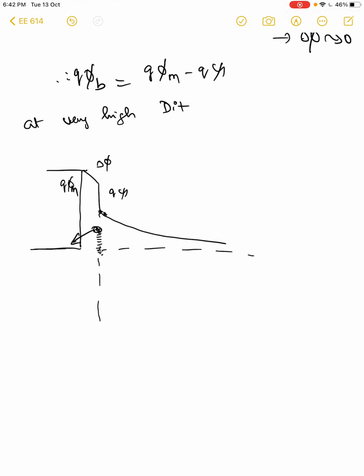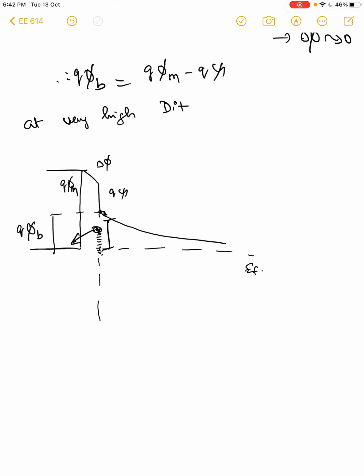So what happens is this separation, this is basically EF, right? So EF minus EC, the top of EC here, EC of 0, does not really change, right? So the actual barrier which is presented here, this is Q psi B, the actual barrier does not depend upon the metal work function at all, because whatever happens at the interface, the charges are being shared between metal and semiconductor only at the interface, and no change in the depletion width ever happens.